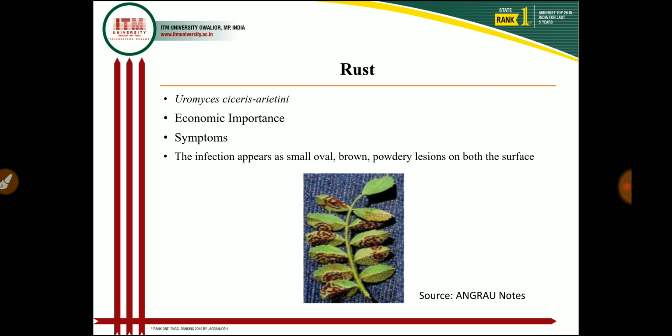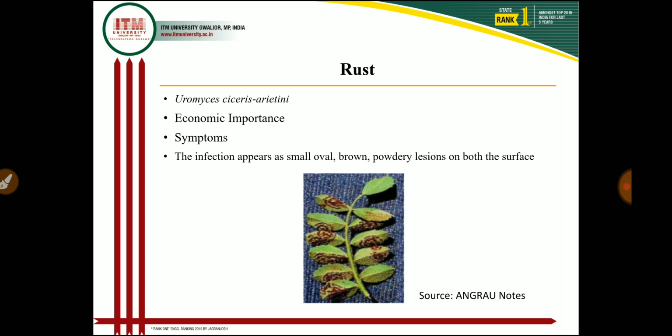and the flowering parts. So the first infection appears as a small oval brown powdery lesion on both surfaces of the leaf, especially on the lower surface, and these lesions, which are uredosori, cover the entire leaf surface, and sometimes a ring of small pustules can be seen around a larger pustule, which occurs on both leaf surfaces. Later in the season, dark teliosori appear on the leaves, and the rust pustules may appear on petioles, stem, and